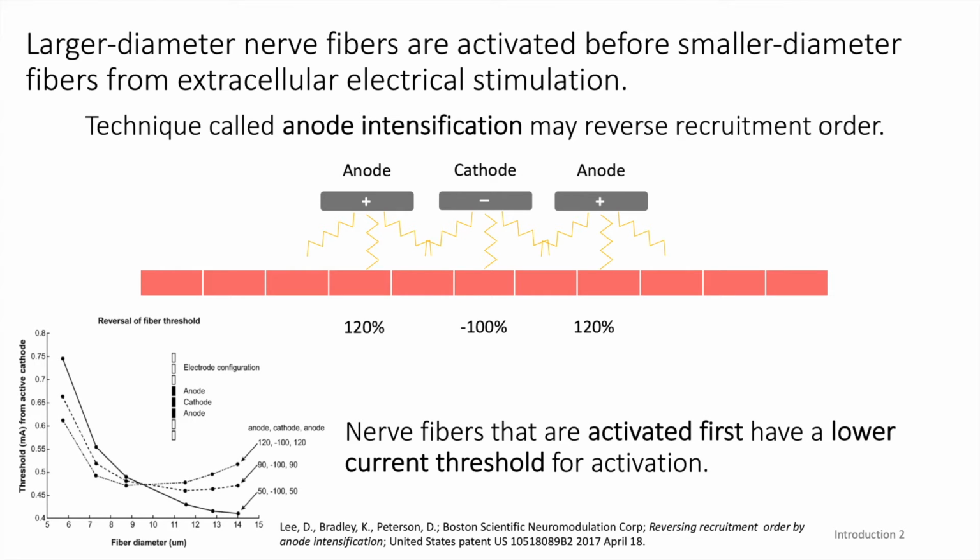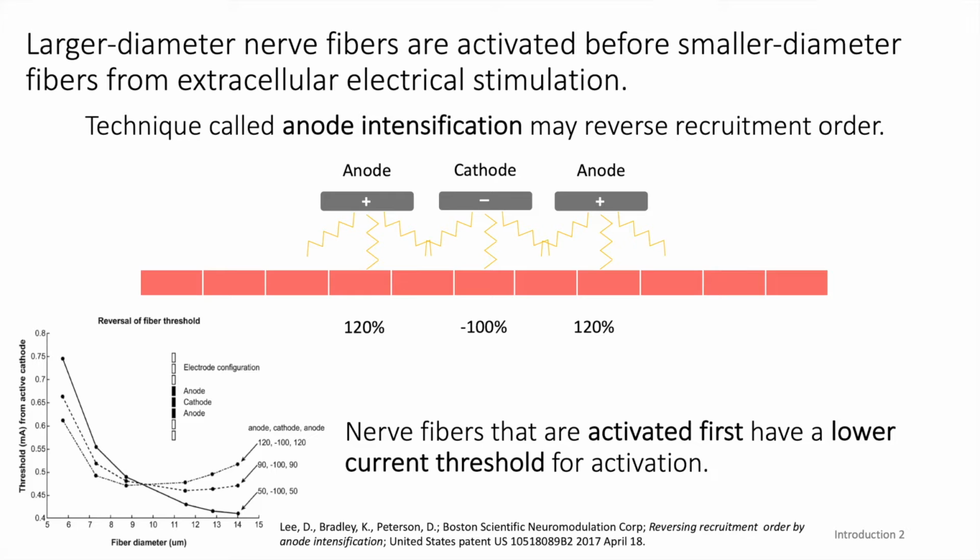This technique successfully showed in this patent the reversal of fiber thresholds. On the graph on the left, there are 3 different lines describing 3 different electrode current configurations. On the most bottom, the 50, negative 150, anode arrangement, we see the standard extracellular electrical stimulation, or we see